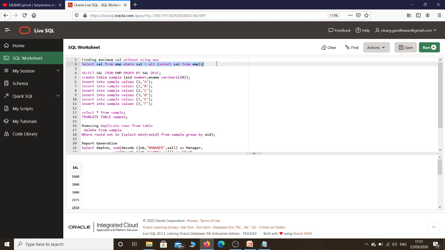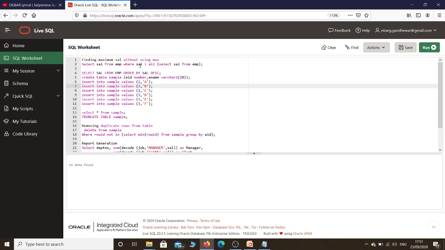The reason is very simple, I will tell you. Let's check the output of this. Here you can see I got the result as no data found. Why is it so? Because I know that in the employee table a number of rows are there. In this case you are comparing. We know that 5000 is the maximum salary. So in the outer query, suppose the value of salary is 5000 and the inner query value is also 5000.